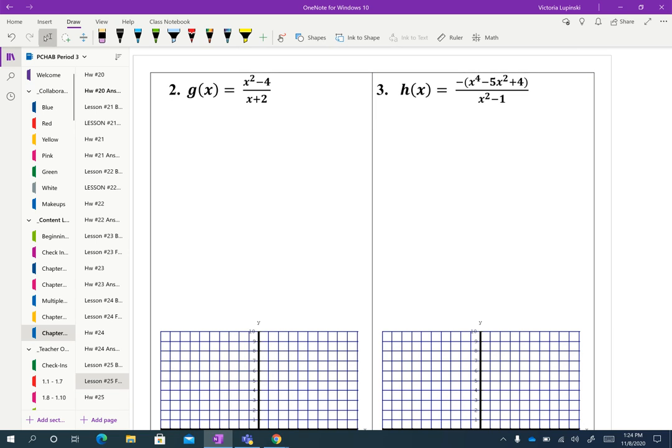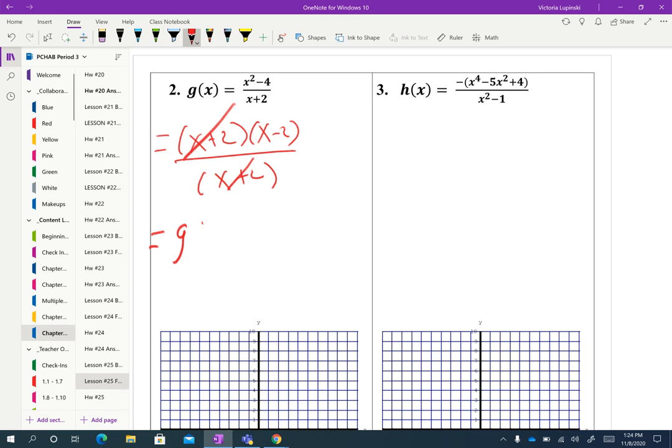You'll notice that number 2 and 3 don't have a list, and I think you'll see why in just a minute. So let's say you were to come across something like number 2. You would look at it, and first of all, you would identify it as a rational function because there are polynomials in the numerator and the denominator. But then, something kind of interesting happens. If you go ahead and factor the numerator, you're going to get x plus 2, x minus 2, all over x plus 2. Before you even start to make your list, if you notice that you can cancel out those x plus 2s, all you're going to be left with is x minus 2,